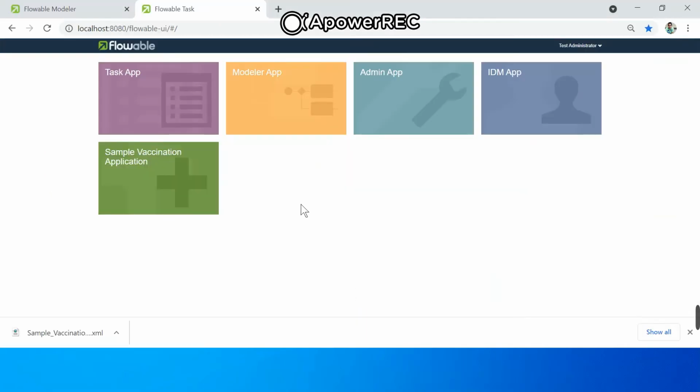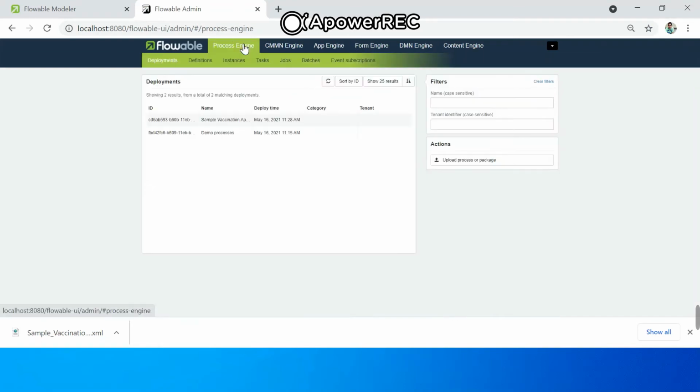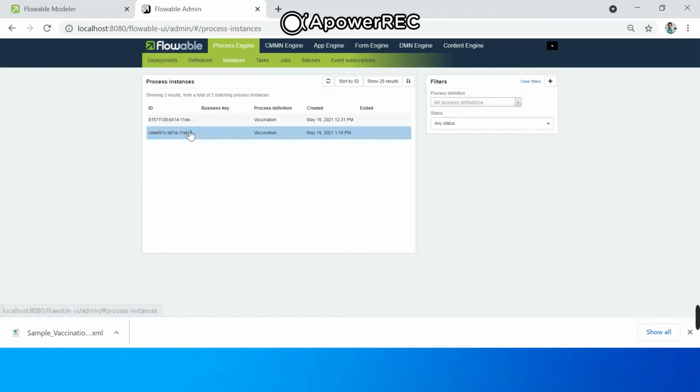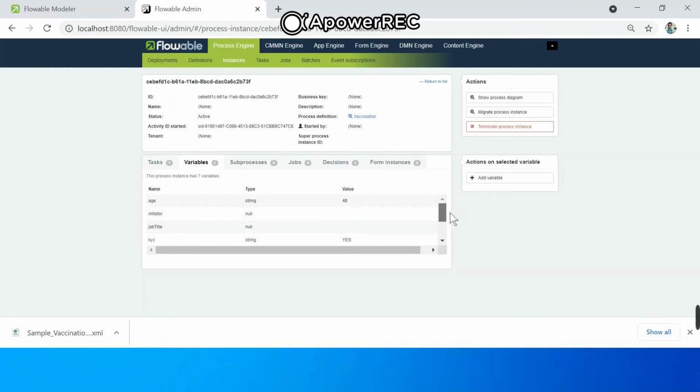If we also want to see using the Flowable admin app, we can go there and see in the process engine. These are the deployment details, and here we have the instances which have been created for this vaccination process definition. If you open anything, you can see what variables are there, what we have passed.